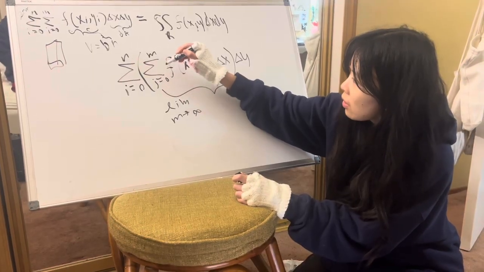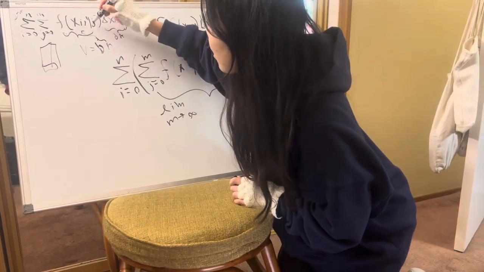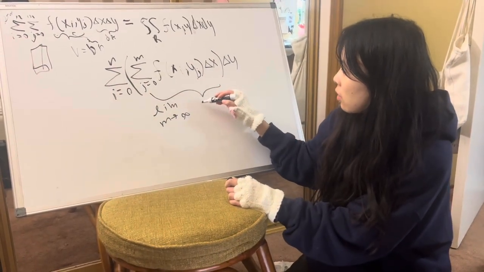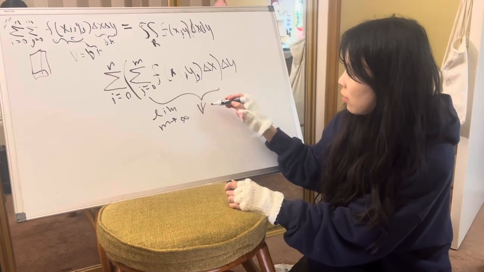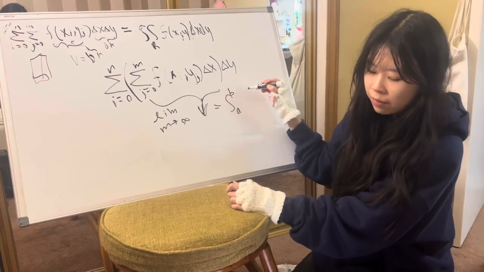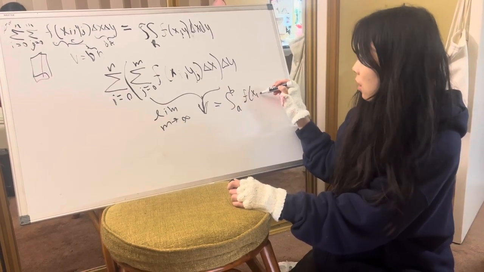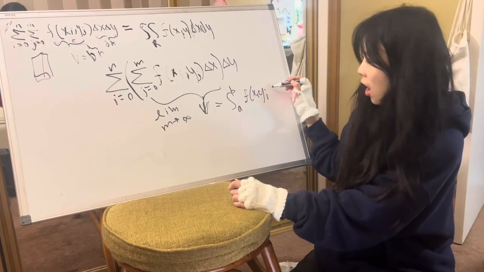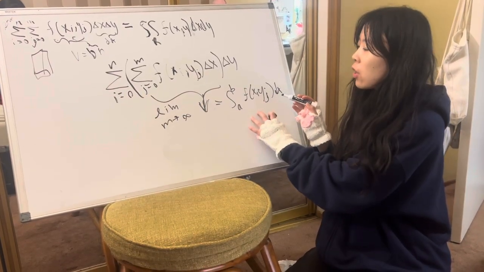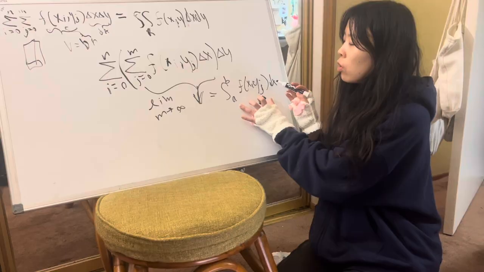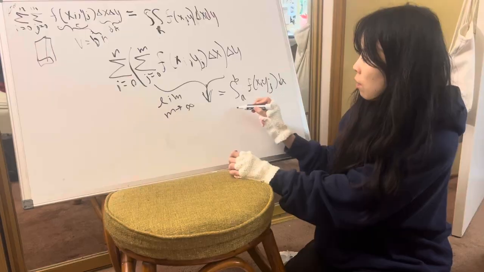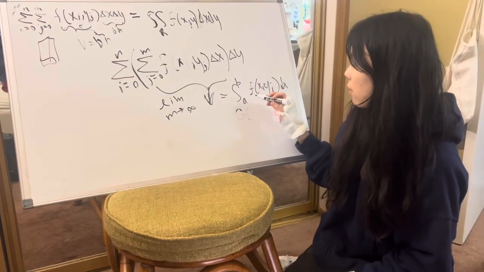sum over j of this part, and it becomes the integral from a to b of f(x, y_j) dx. So basically this is a function of y, because this integral changes as y_j changes, even though the integral is evaluating x. So we can say that g of y